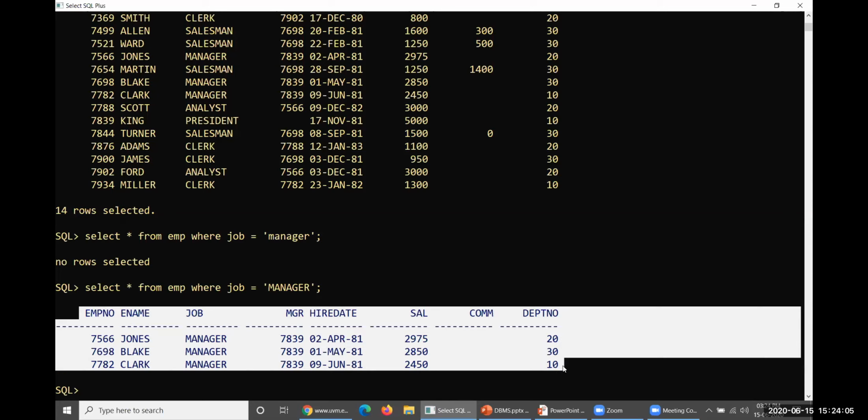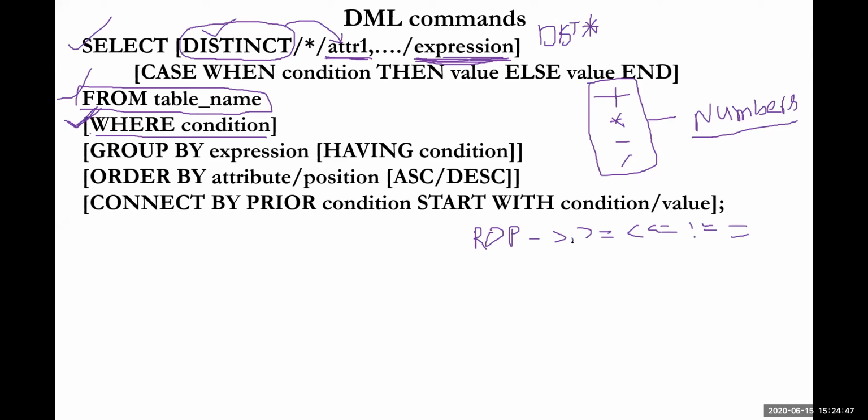To operate this filter, we need some operators. These operators might be relational operators, ROP: greater than or equal to, less than or equal to, not equal to, and equal to. All these are different kinds of operators available in our selection WHERE clause.